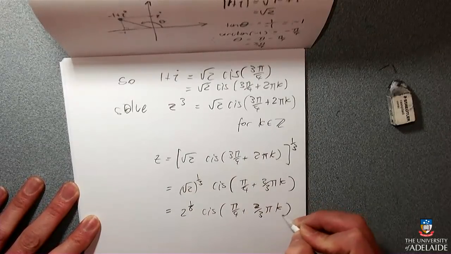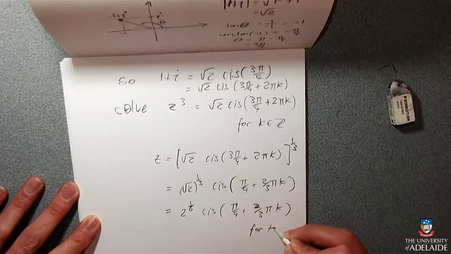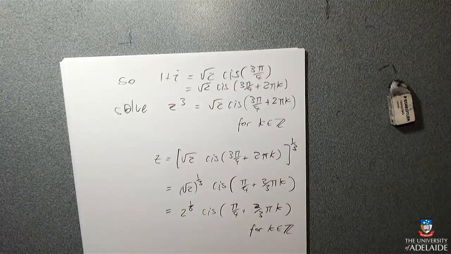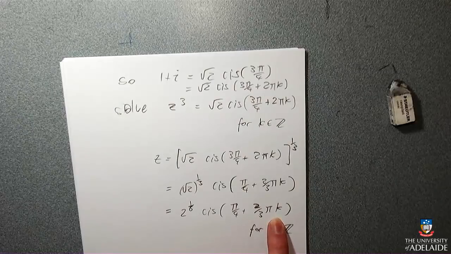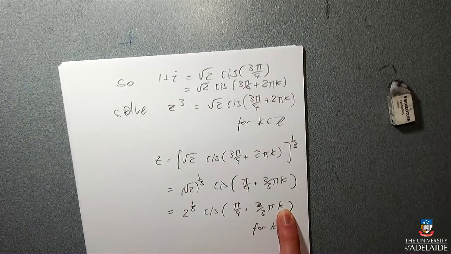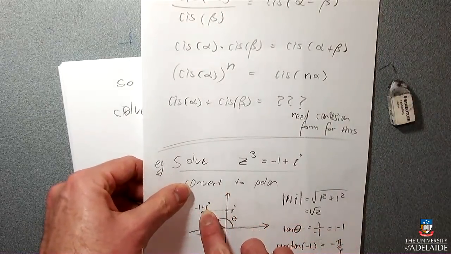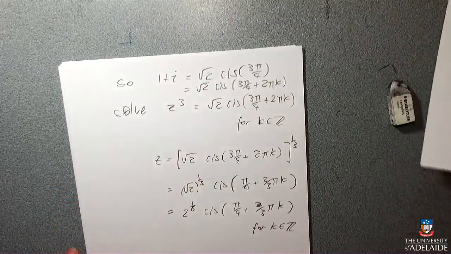Okay. So these are all of the solutions for z. But there's actually only 3. It looks like there's infinitely many, but every time this k becomes a multiple of 3, I end up adding 2 pi, and adding 2 pi to the angle doesn't change the position of the number, because it just means you go round a whole number, another 2 pi, and you end up back where you started. And so...